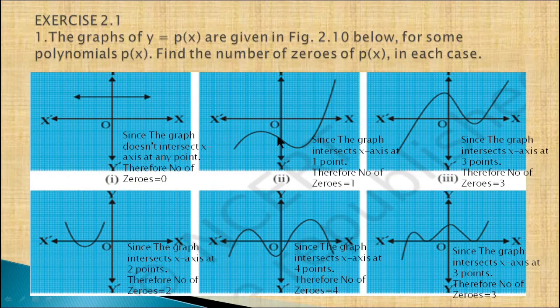Here you can also see the graph is intersecting the x-axis one time only. This is the x-axis, this is the y-axis, and here you can see the graph is intersecting the x-axis at 1, 2 and 3. Here you can also see the graph is intersecting the x-axis 1, 2